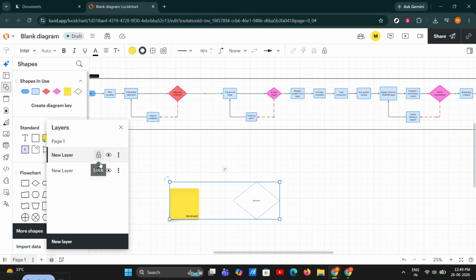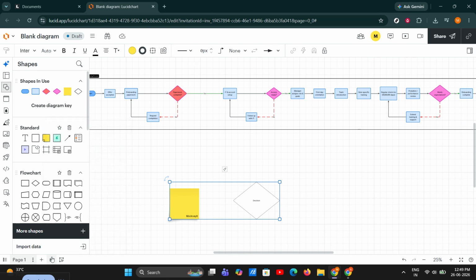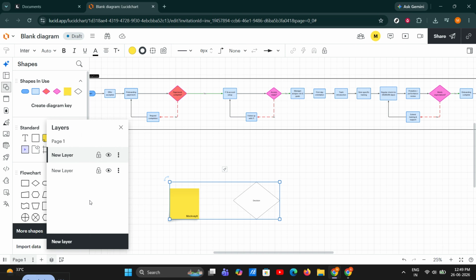So, to recap, opening the layers menu gives you access to the full layer stack. Creating a layer helps you organize different content, and the hide, reorder, and lock tools help you control exactly how your diagram behaves. Once you get used to this workflow, you'll find that Lucidchart becomes much easier to manage, especially